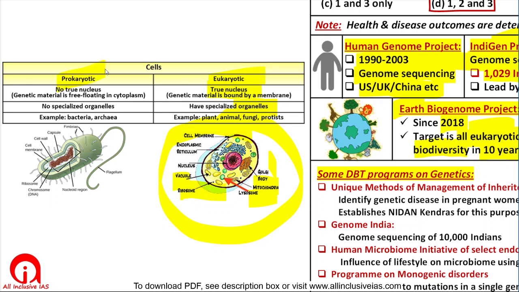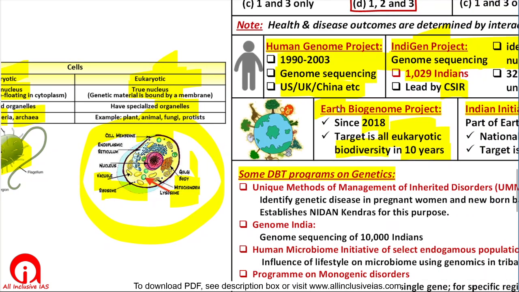But in a prokaryotic cell, there is no true nucleus. The genetic material is actually freely floating within the cell. Prokaryotic examples are bacteria or archaea, and eukaryotic examples are all your plants and animals. They are all eukaryotic. So through the Earth BioGenome Project, we are going to do